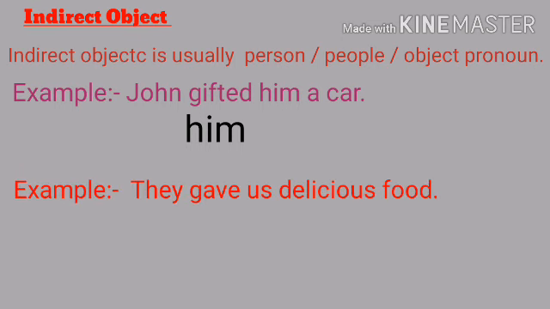Let us see another example. They gave us delicious food. In this sentence, the word us is indirect object because it's an object pronoun and it's a person, it's not a thing, it's not an object, and therefore it is indirect